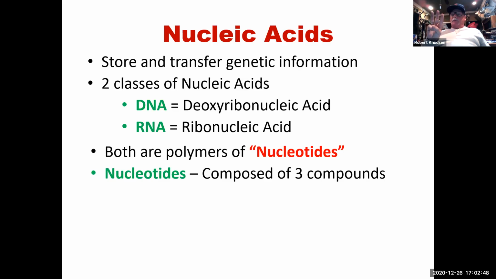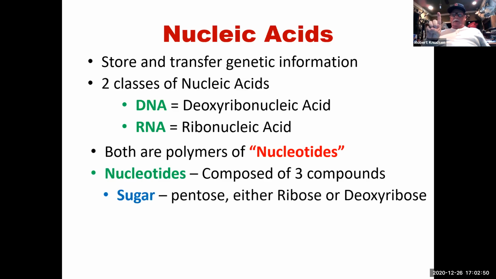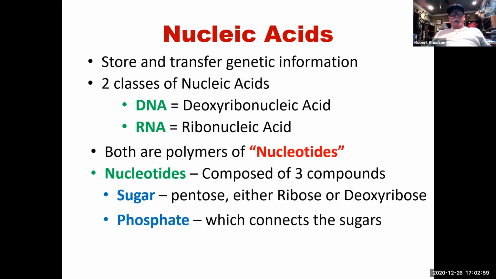Nucleotides have three components. One, sugar, and we know it's a pentose, and it's either ribose or deoxyribose. There isn't a third type, okay? A phosphate, which connects the sugars. So here's what you have: you have a phosphate, and you have a sugar with a phosphate, okay? And the phosphate,